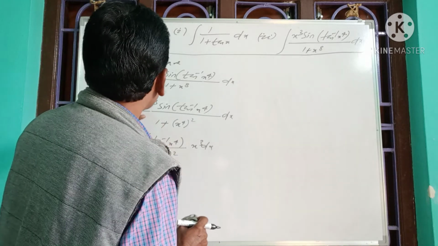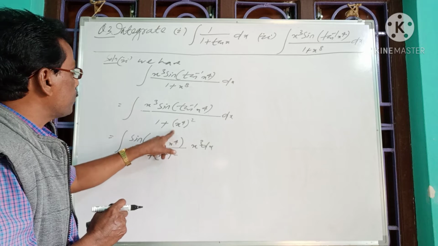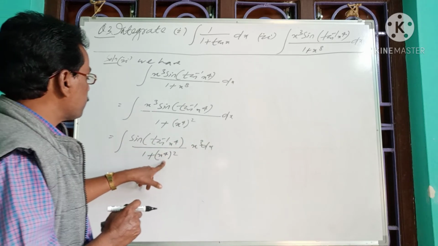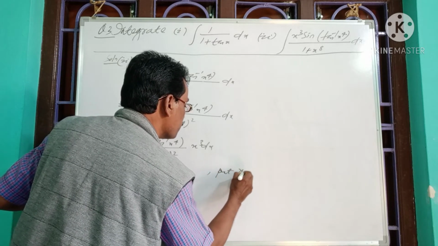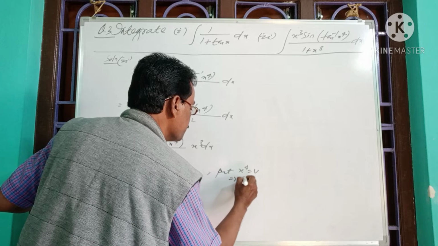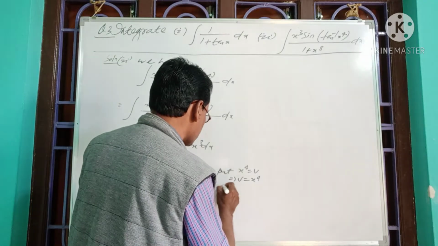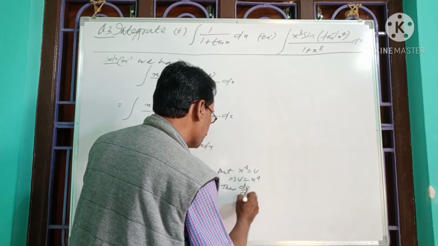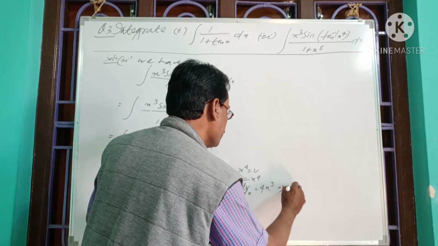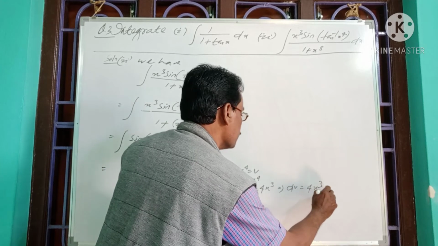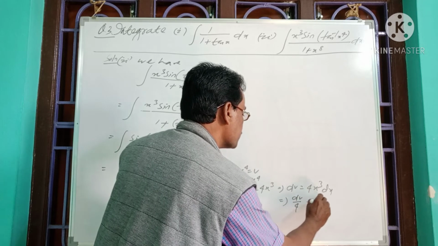So now adjusting x cube dx we got integration of sine of tan inverse x to the power 4 into x cube dx by 1 plus x to the power 4 square. So now substituting, we have put x to the power 4 as v, that is v equals x to the power 4, where v is the function of x. Then differentiating v with respect to x, it will give us dv by dx, which is equal to 4 x cube. So again simplifying we have dv is equal to 4 into x cube into dx. So again simplifying we have dv by 4 is equal to x cube into dx.